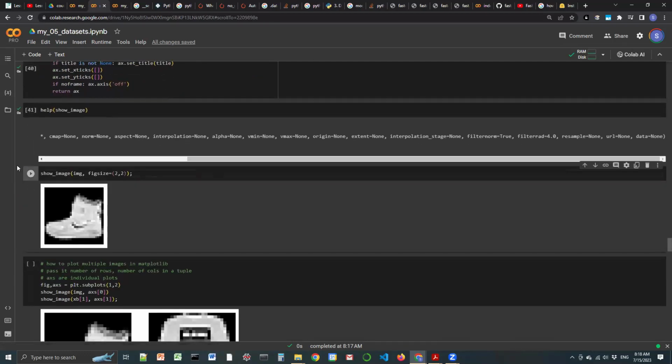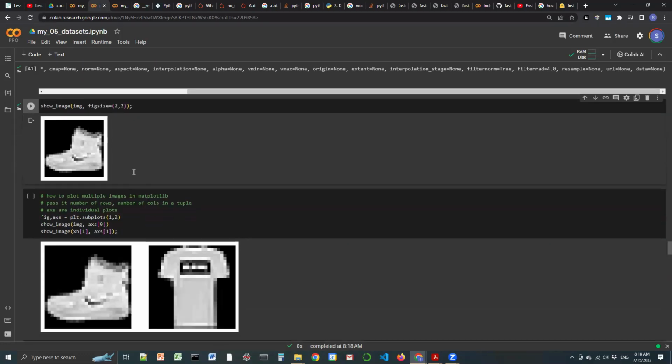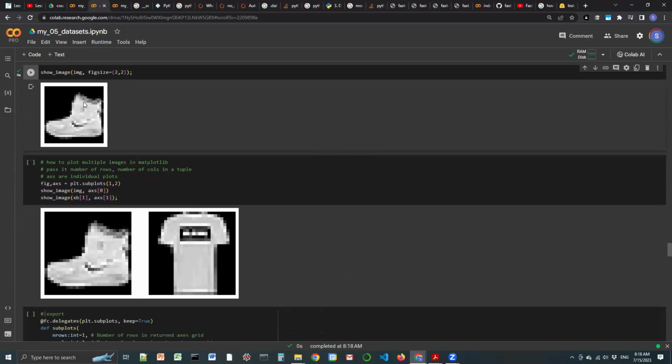Okay, so with that done, he then goes on to show how instead of imshow, if you now use show_image, you can see the ticks are gone. It's a much cleaner plot of the image. Now, this is a single image, but if you want to plot a multitude of images, which we often want to